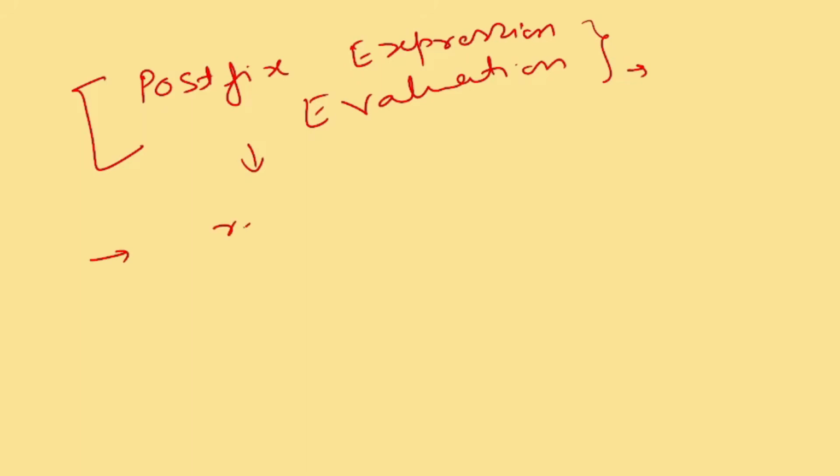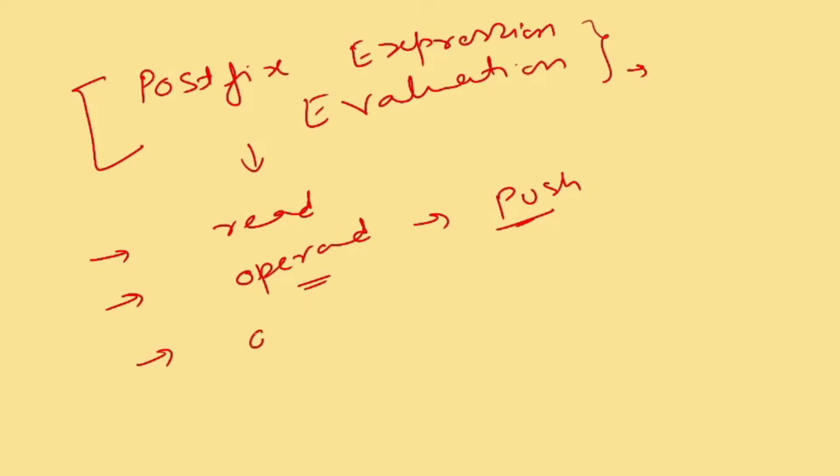First you have to read that expression. This is one step. Then if it is an operand, you have to push. This time the operand has to be pushed. In the previous case there was an operator to push. Now here the operand has to be pushed, and if an operator is there, just note it down, then you have to pop